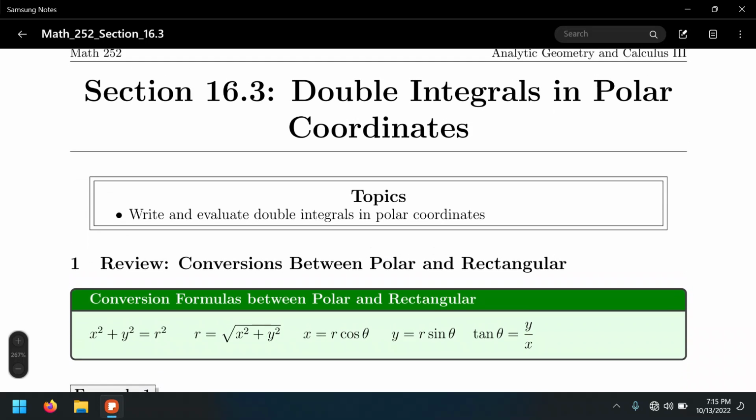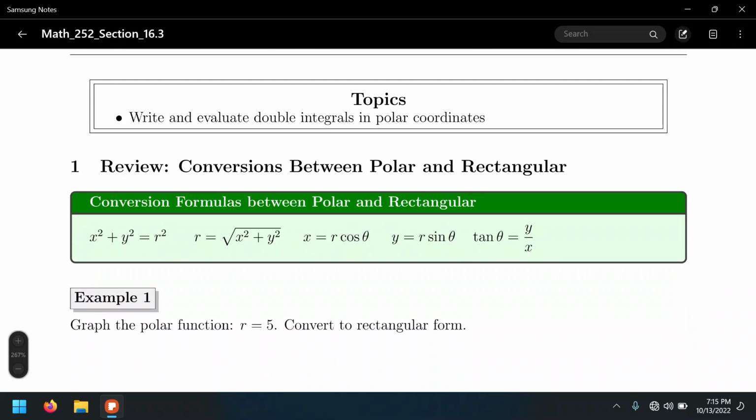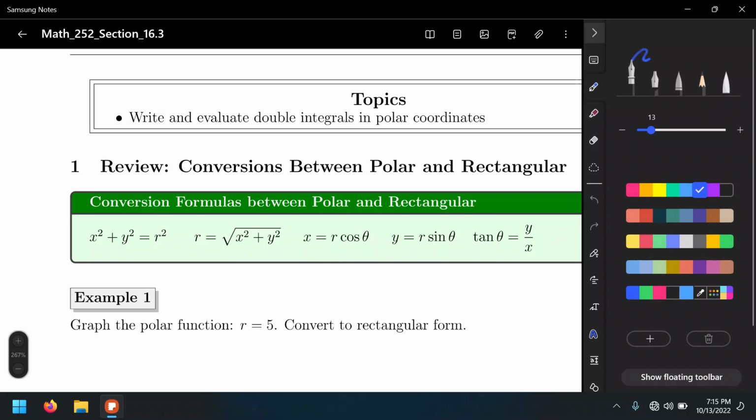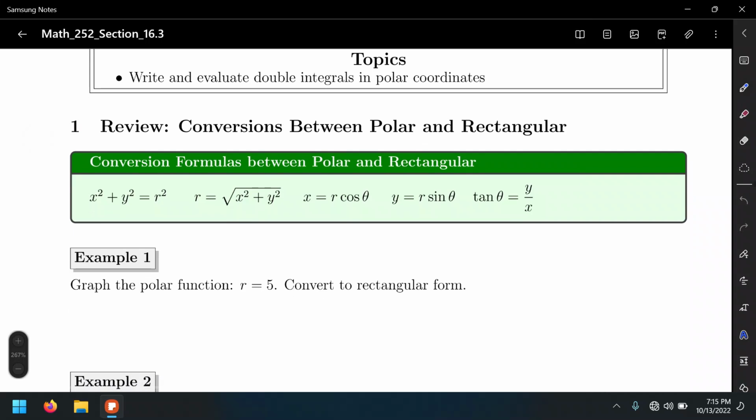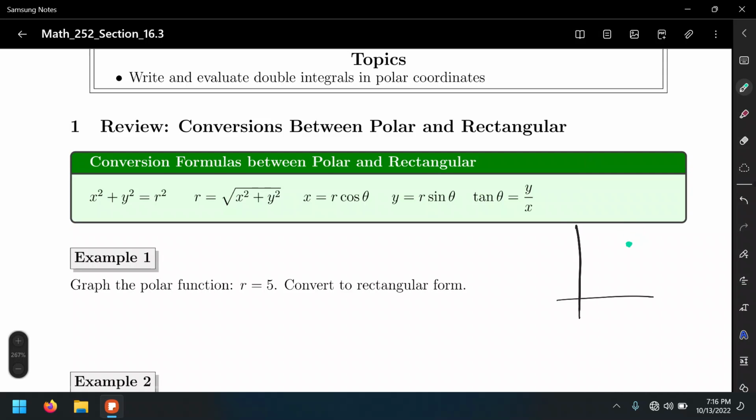Let's briefly review these conversion formulas between polar coordinates and rectangular coordinates. The number one thing to recall, instead of just looking at these formulas, is that I think it's important to look at where they are coming from. So, for example, if we have this Cartesian plane here, and we have any random point on the plane, well, we can define this